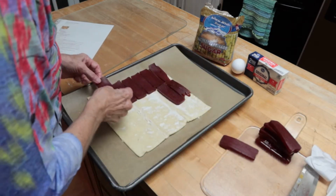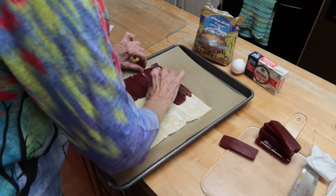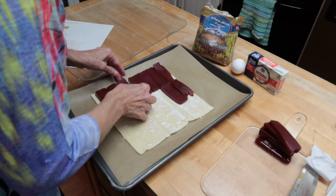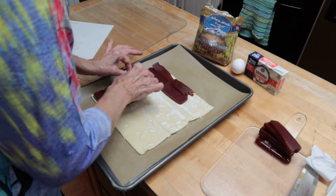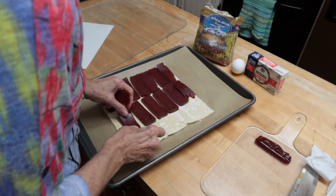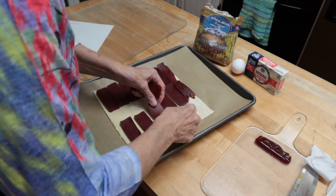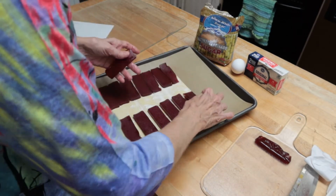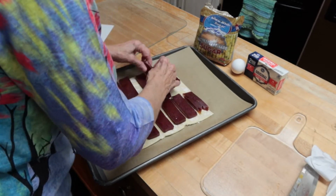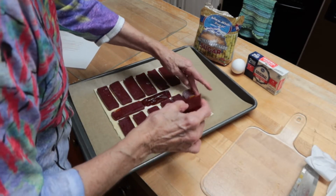I hope these turn out really good, because if they do, that will be great, because it's a very simple thing to do. I think I'm going to have to move them over some. That one there,